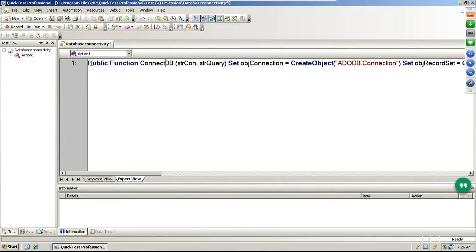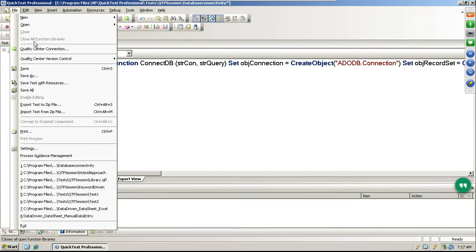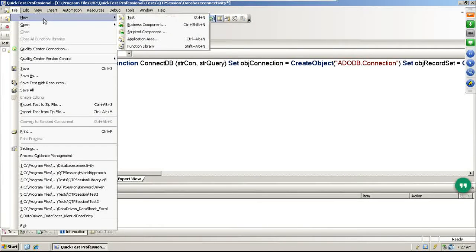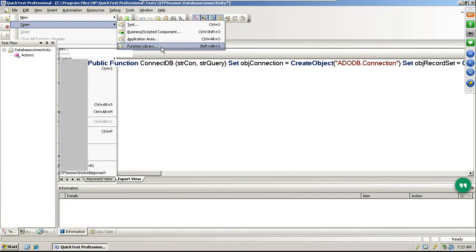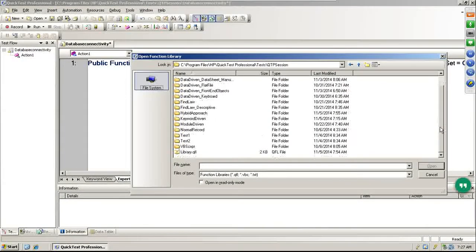Since we have the keyword driven approach already, I simply have to open a new library, or you can also use the existing library and put that function. Remember, for a given program you can always simply use a single library. If you want to use multiple libraries that's fine, but it will be cumbersome. So I'm going to open an existing library.